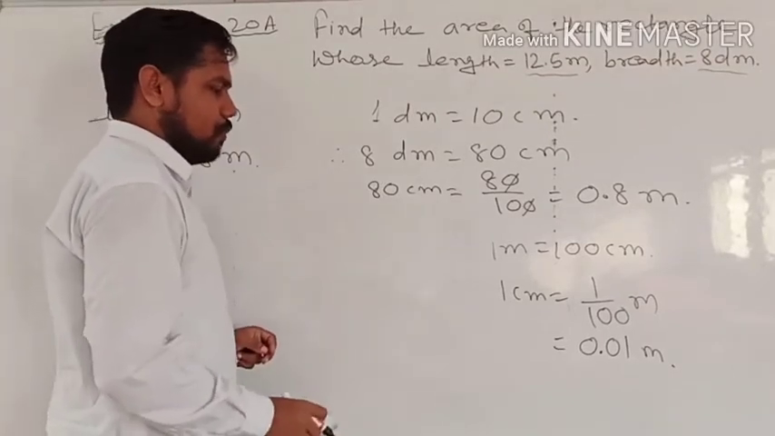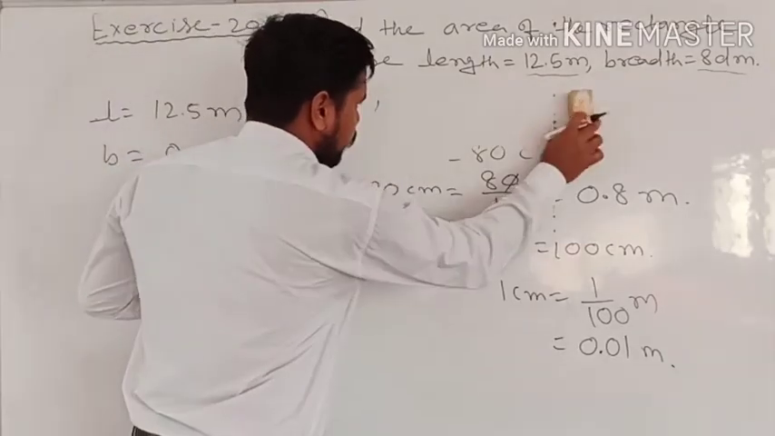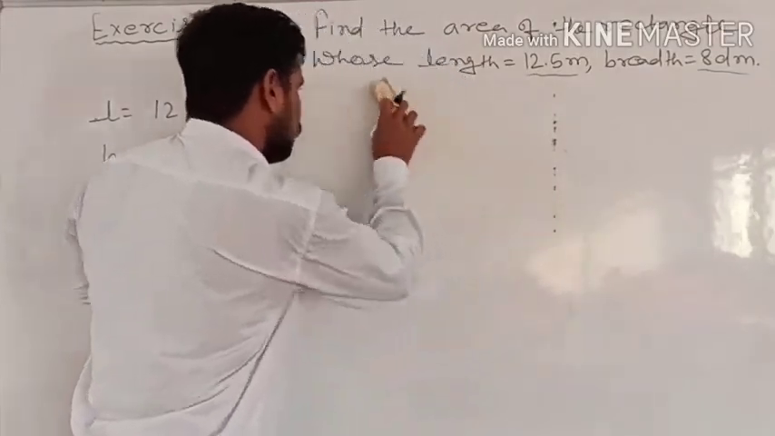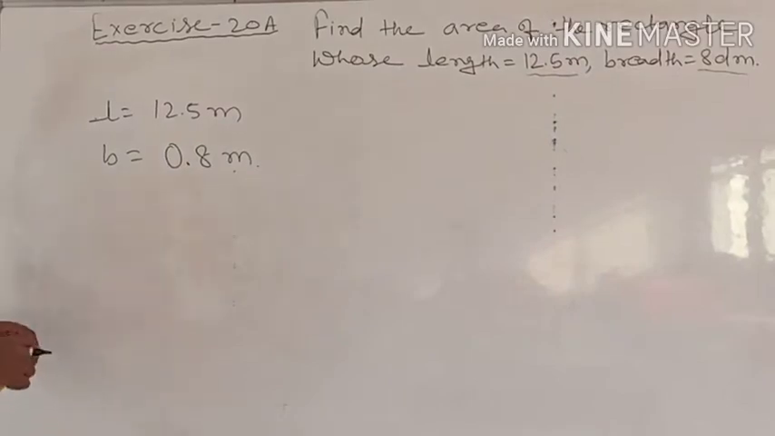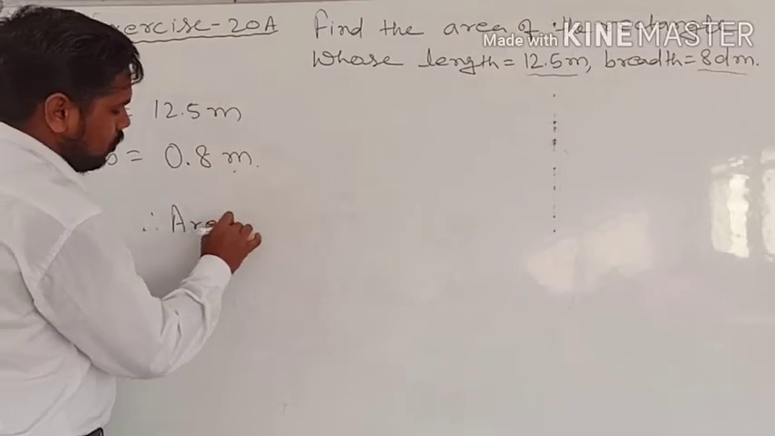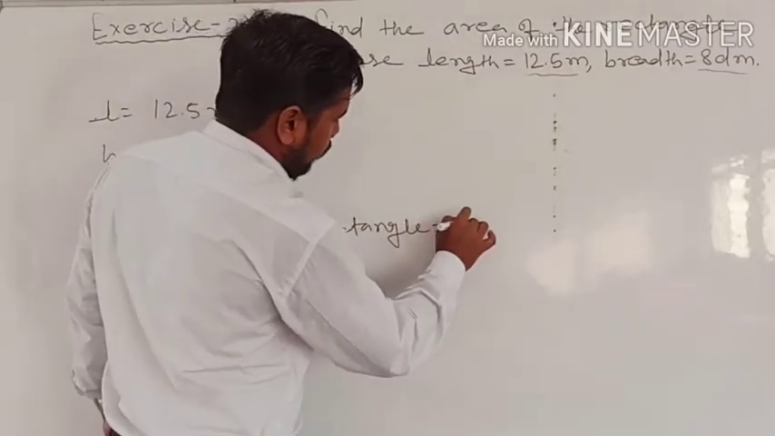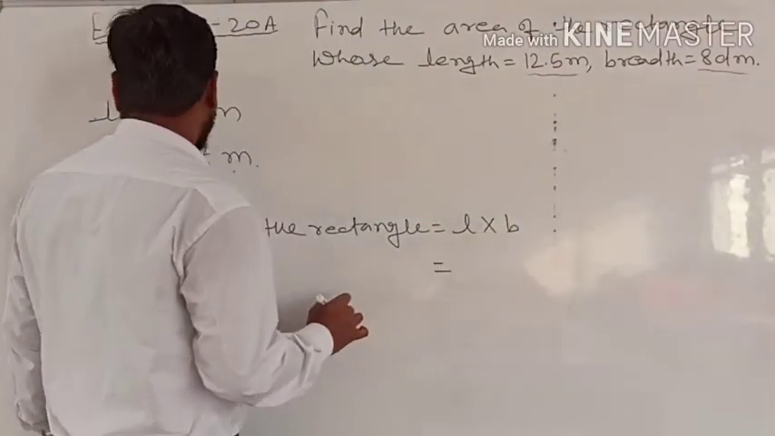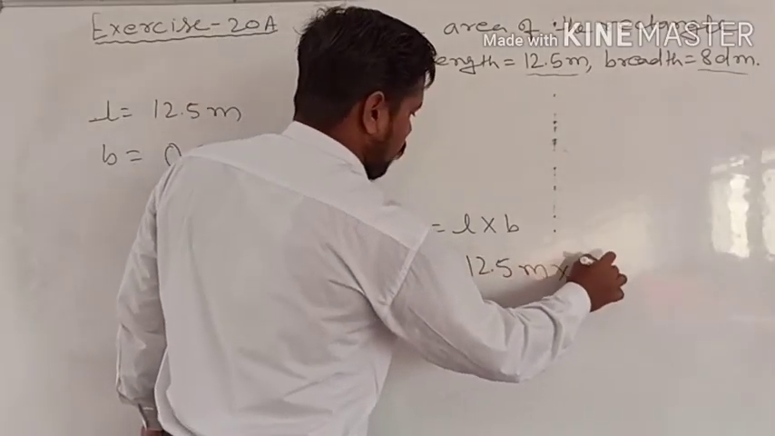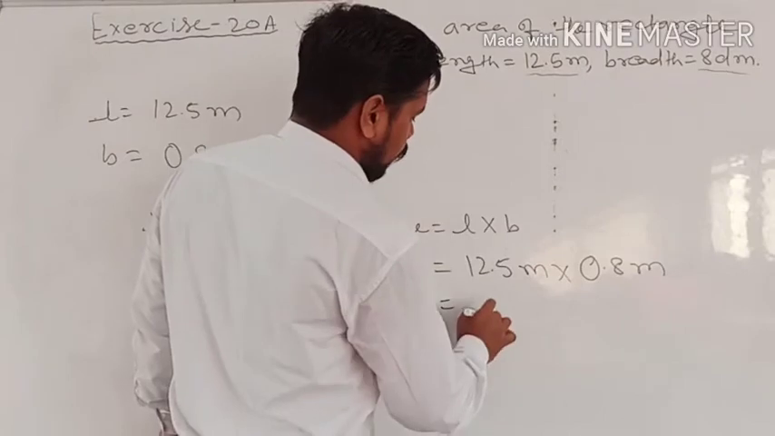You can do this in rough work, because this is especially the part of the math. You can do this in rough, or in your mind also. This is for the explanation I have done here. Now you have the length and the breadth, so very easily you can find the area of the rectangle. Therefore, area of the rectangle is equal to L into B, length into breadth. So L is 12.5 meter into 0.8 meter. If you multiply this, you will find